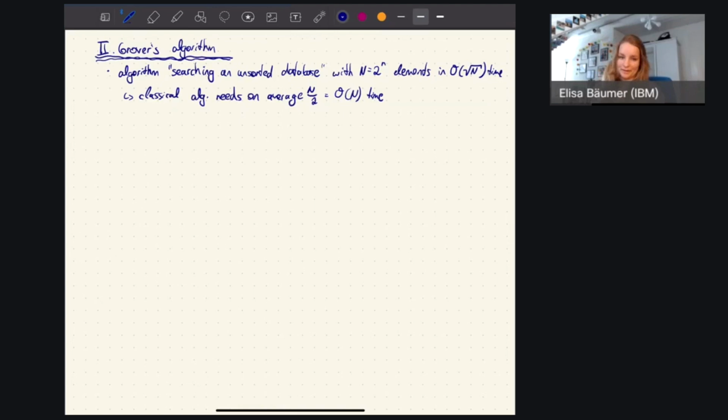And now we're back to the point that I made before, where I said we cannot just say, oh, we do have an oracle that can do everything we want, and that's how quantum algorithms give us a speedup. No, of course, this should not be the case. But what we can do, for example, is solve some satisfiability problems. These are problems that are efficiently checkable by a function, where we can say, for example, we want this and this and this condition to be satisfied. And then the function can efficiently check whether all requirements are satisfied. If this is the case, it returns 1, otherwise it returns 0.